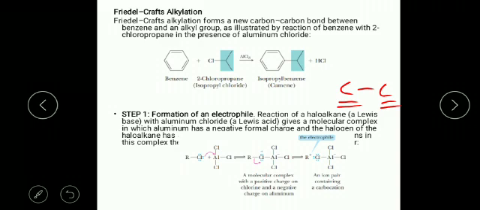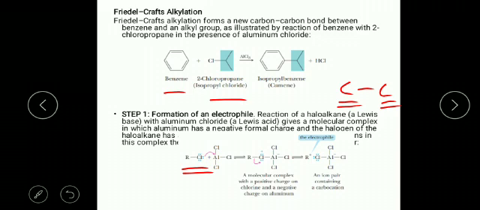You can see the reaction: benzene reacts with 2-chloropropane, and it forms isopropyl benzene, a bond formed between the carbons in the presence of aluminum chloride. So in Friedel-Crafts alkylation, the same steps repeat as before. First step, formation of the electrophile, and this electrophile is formed by the reaction of